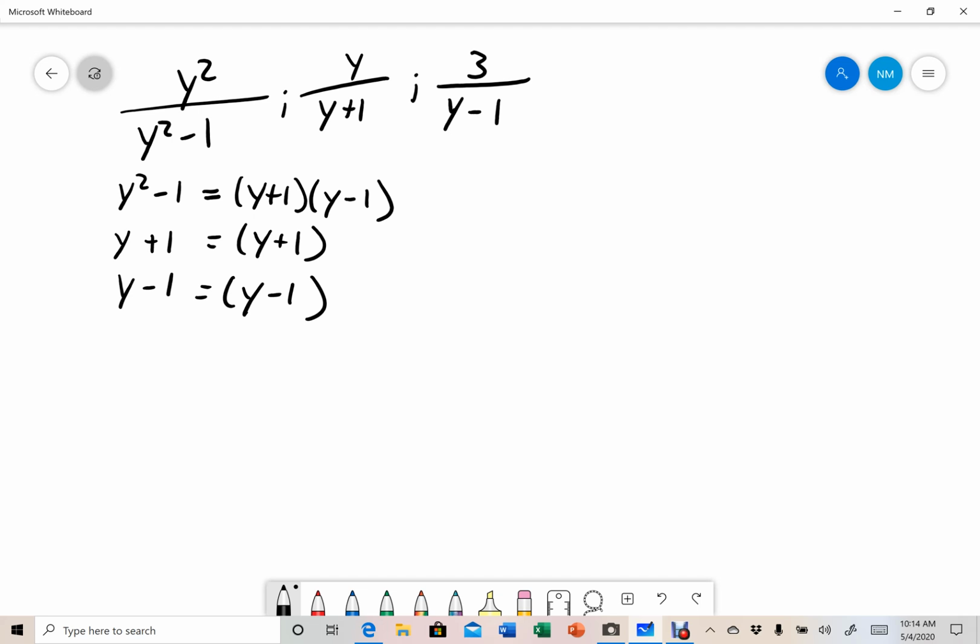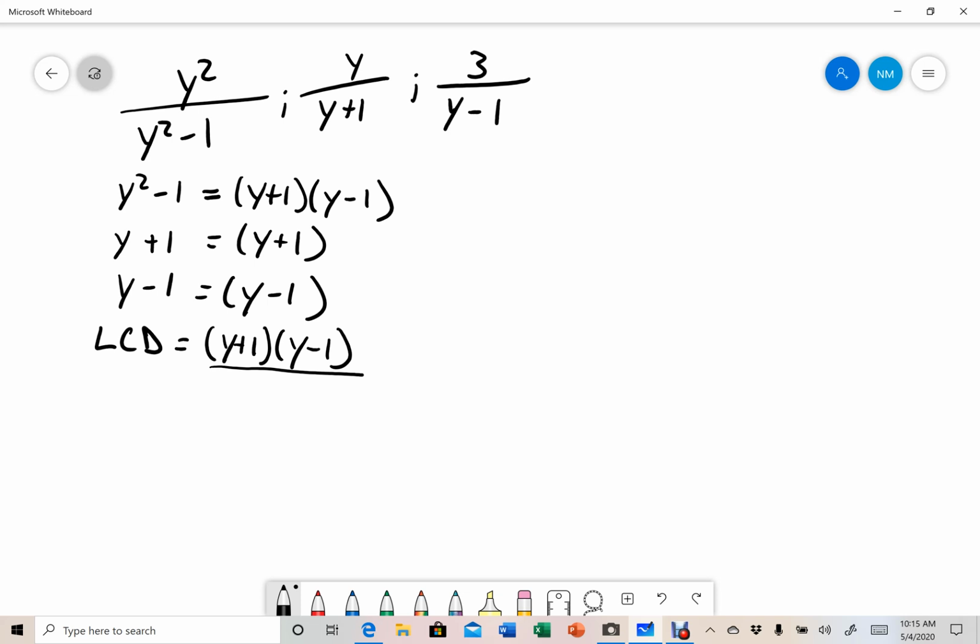But I write them out myself because then I can see clearly what I have and what I'm missing. If you don't want to go through this process of writing these out, you don't have to, but because they're a denominator, I like to see everything written out of what I have, to avoid any errors by oversight. Okay, so I look at my first one and I've got y plus 1 and y minus 1. Look at my second one, y plus 1's already in there, y minus 1 is already in there, so my LCD is y plus 1